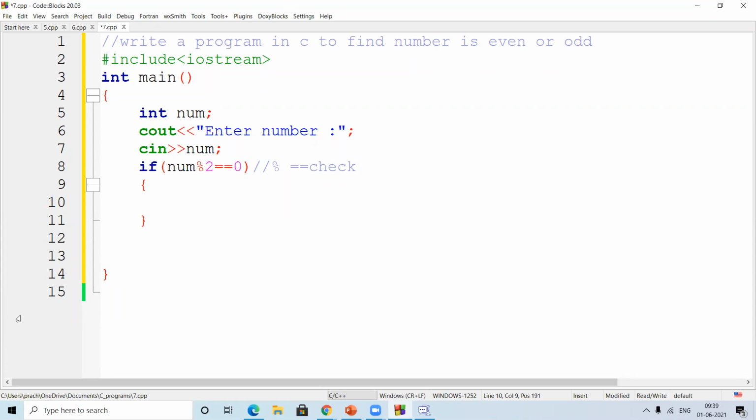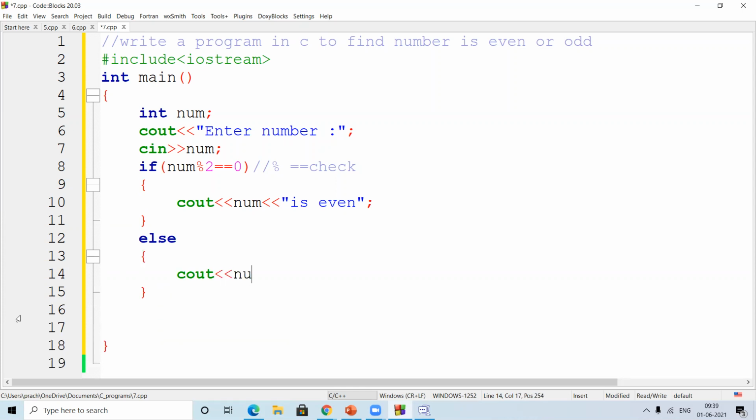Okay, so I'm just going to put cout, whatever the number is, even. That's the if part. Now as you want else, I'll put this cout.